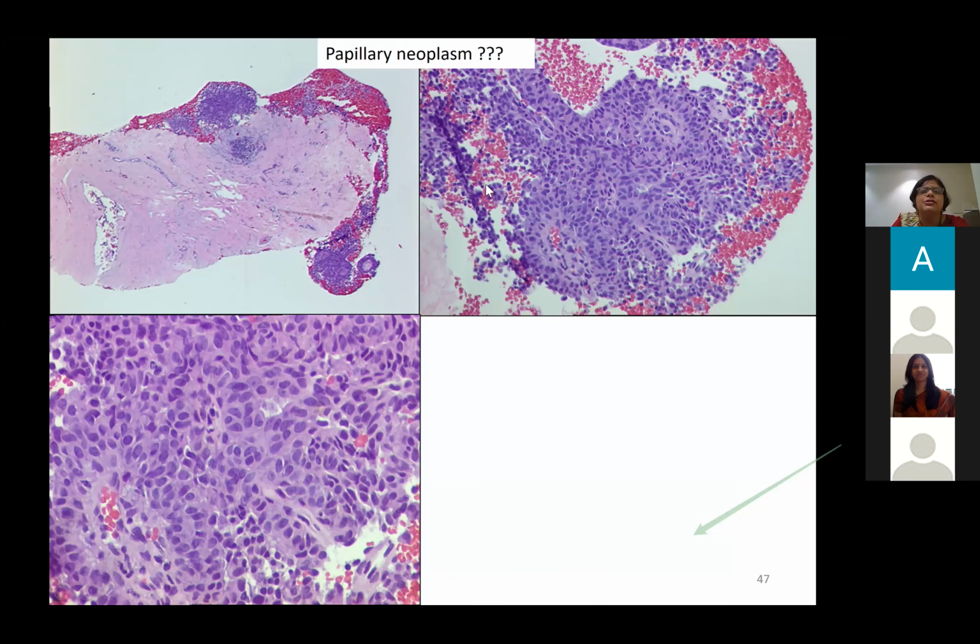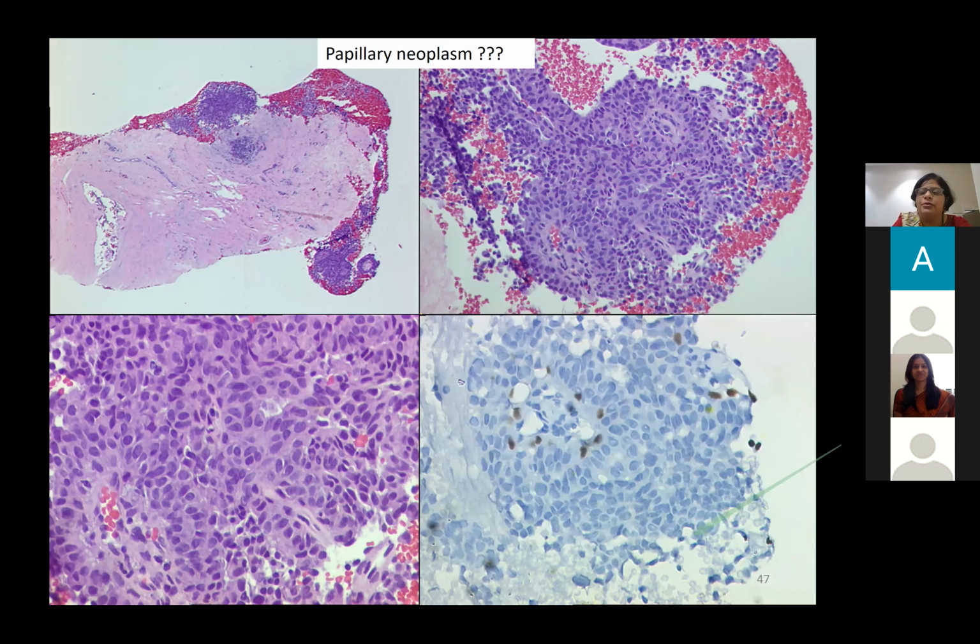On the other hand, here is a papillary lesion with a little more epithelial proliferation. You can see it's more monotonous. It's not as heterogeneous as the previous one. This is where I worry, but then I see that the bases of the papillae are all myoepithelial rich. So this is a complex papilloma with epithelial hyperplasia. So we can easily call it.